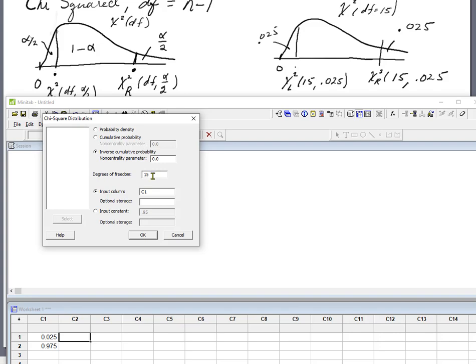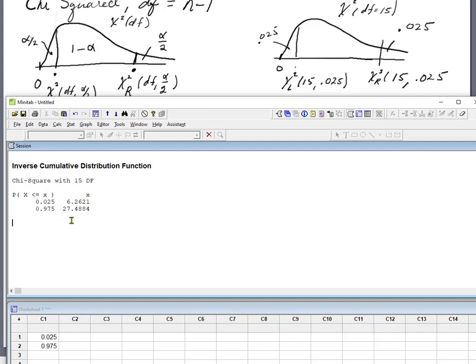That just happened to be filled in already, otherwise we type in 15 there. And we're using an input column, and that radio button is checked. Now, which column are we using for input? Well, we're using column C1, where we've got the area to the left of two different points, our two critical values. So if we say OK,